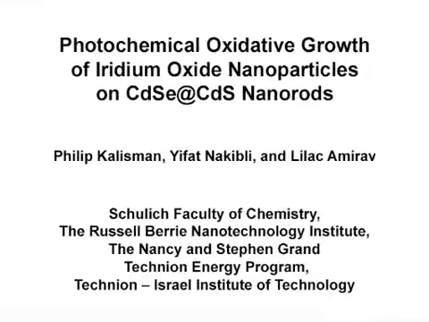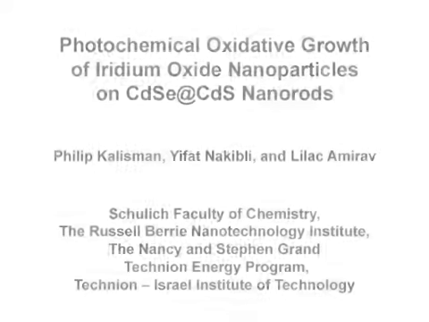The overall goal of this procedure is to grow iridium oxide nanocrystals on a semiconductor substrate by photochemical oxidation. Photochemical oxidation, as a synthetic tool, expands the methods by which chemists can create new hybrid materials, taking photocatalyst production